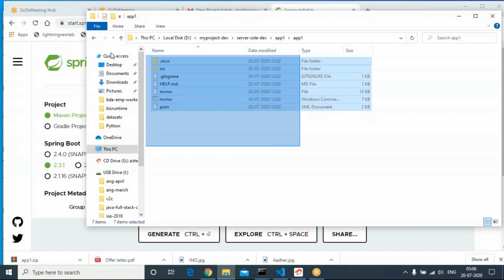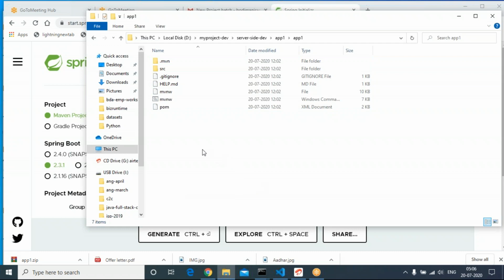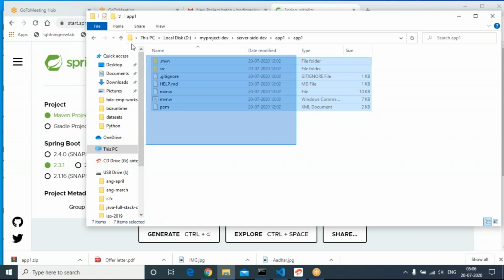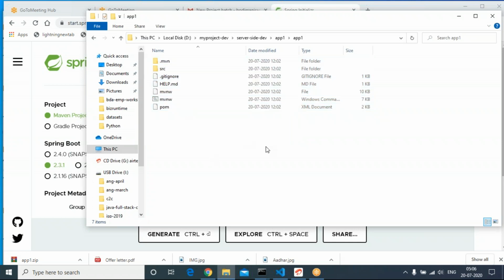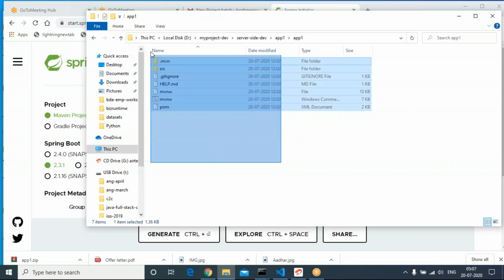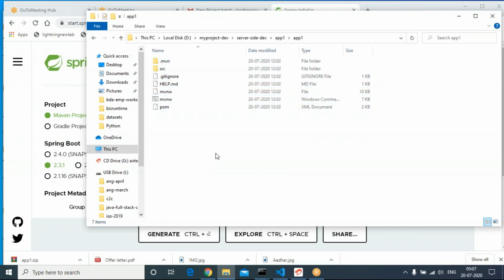All these folders and files are very much required for every project, like a base configuration. You can consider this content is production ready content. One application you are getting from Spring Initializer, that application contains complete configuration, whatever base files, base folders, base configuration required, all are available.